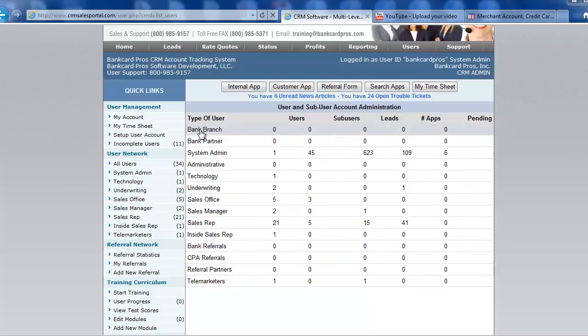The way this system is designed is you're able to create unlimited user types, and the user types must be organized in a hierarchy, to where your admin users are supposed to be on top. Then you would have regional users, then sales office users, sales manager, sales reps, referral partners, telemarketers, and so on. Right now I can see that this is disorganized,